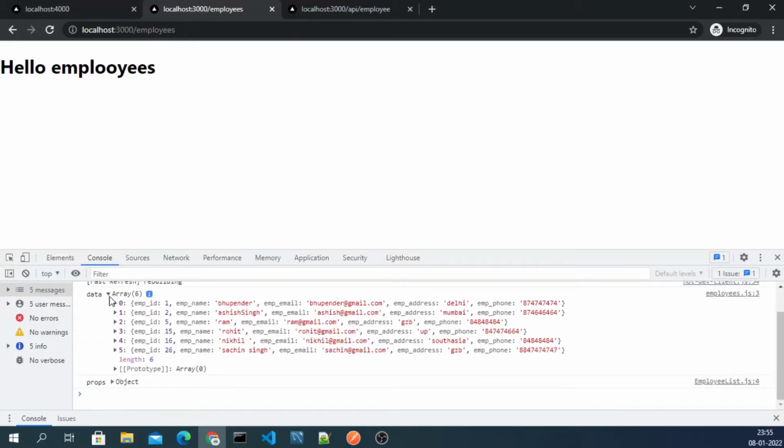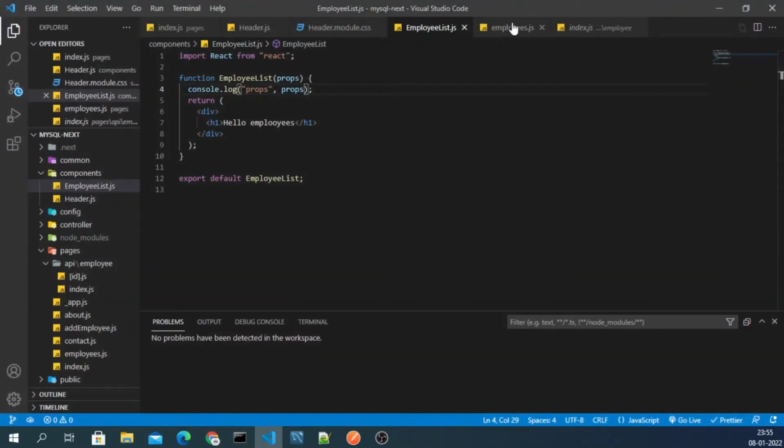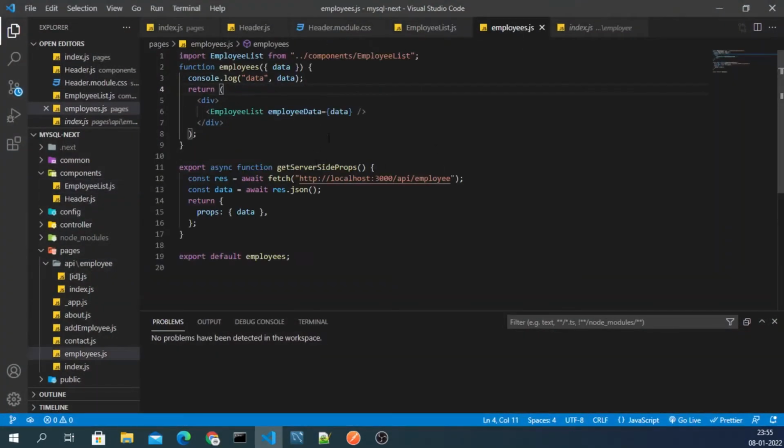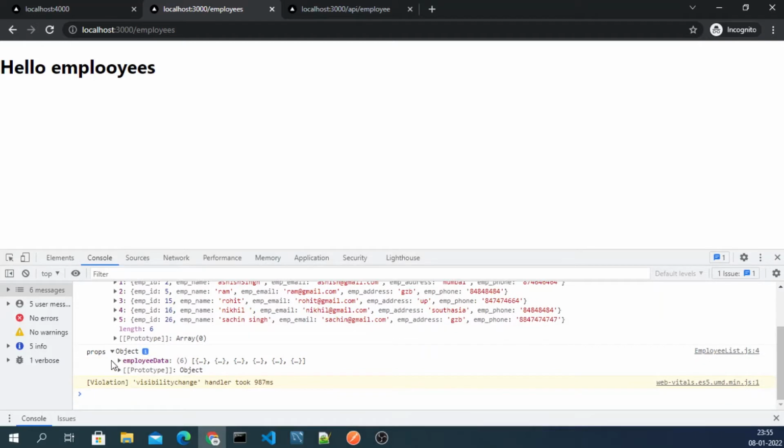As you can see, guys, this is the employee data. I think we put the console log inside employee.js in the path. So this is the data we are getting. When we send this data to the component, we get an object, and inside the object we have employee data.